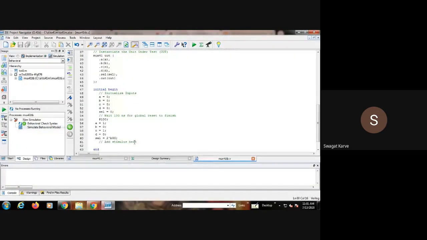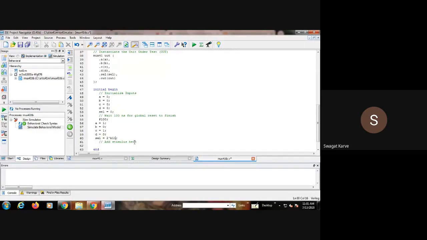Now here we will change the select pin only. Now we will change it to 1 1. That means now what output are you expecting? D. And what have we assigned to D? 0. That means the D should pass to the output side. Whatever the value of that D pin, that will get transferred to the output, and that is 0.